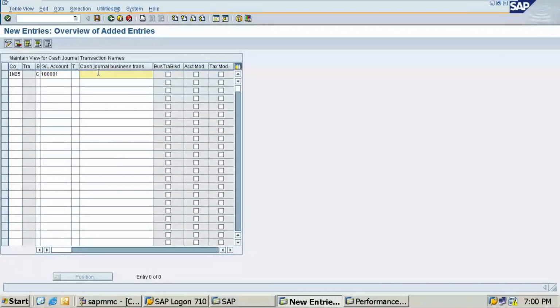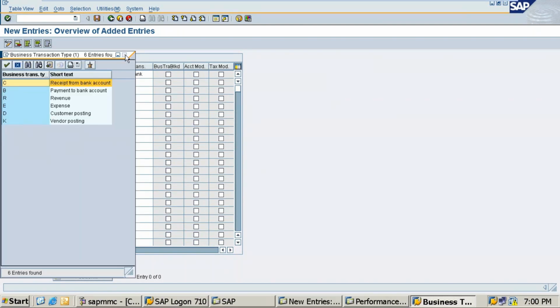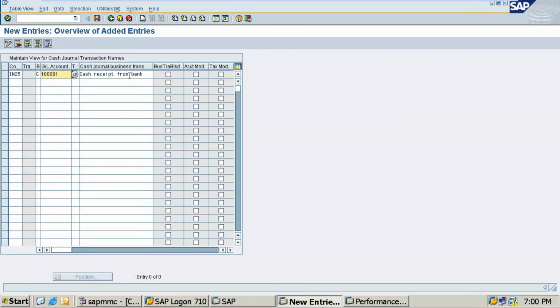So what I'll do, the business transaction is cash receipt from bank. You understood? Cash receipt from bank. This is what I have selected. So cash receipt from bank. Likewise, we need to do